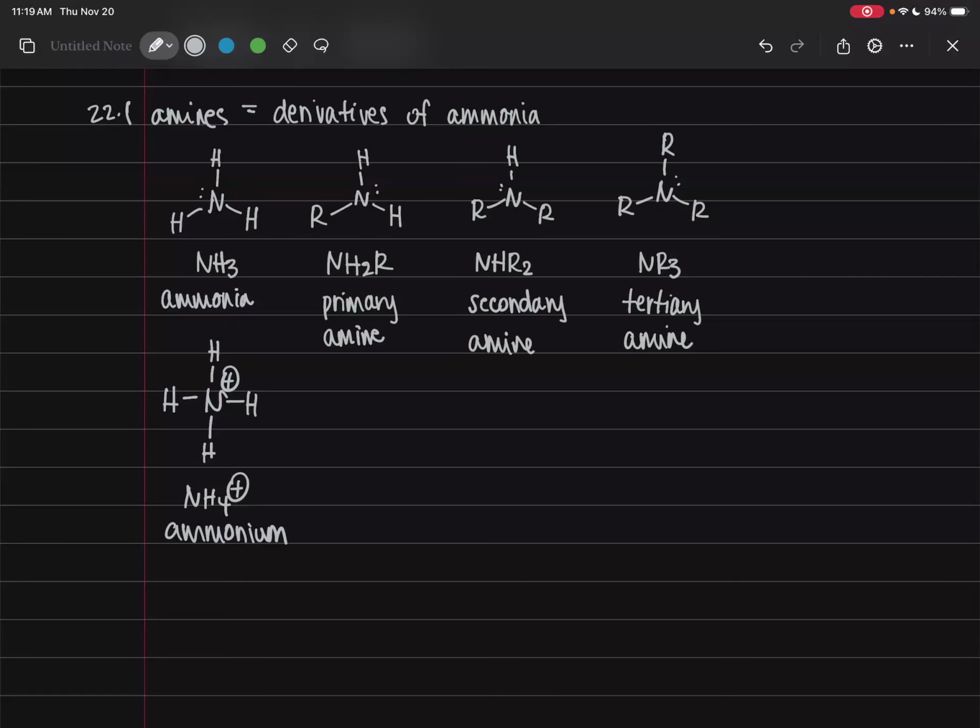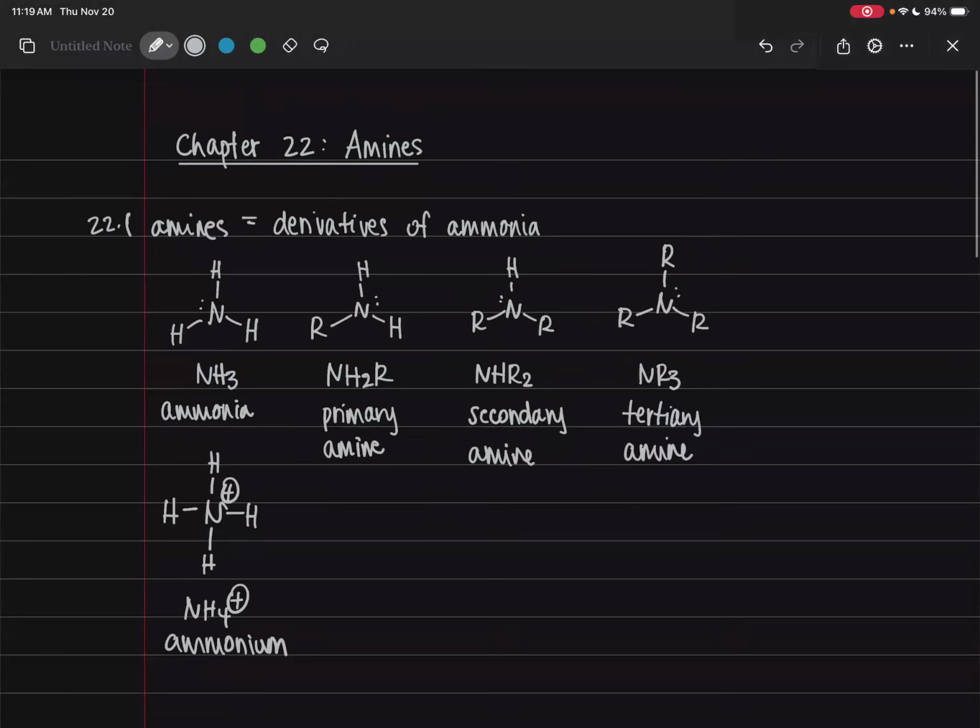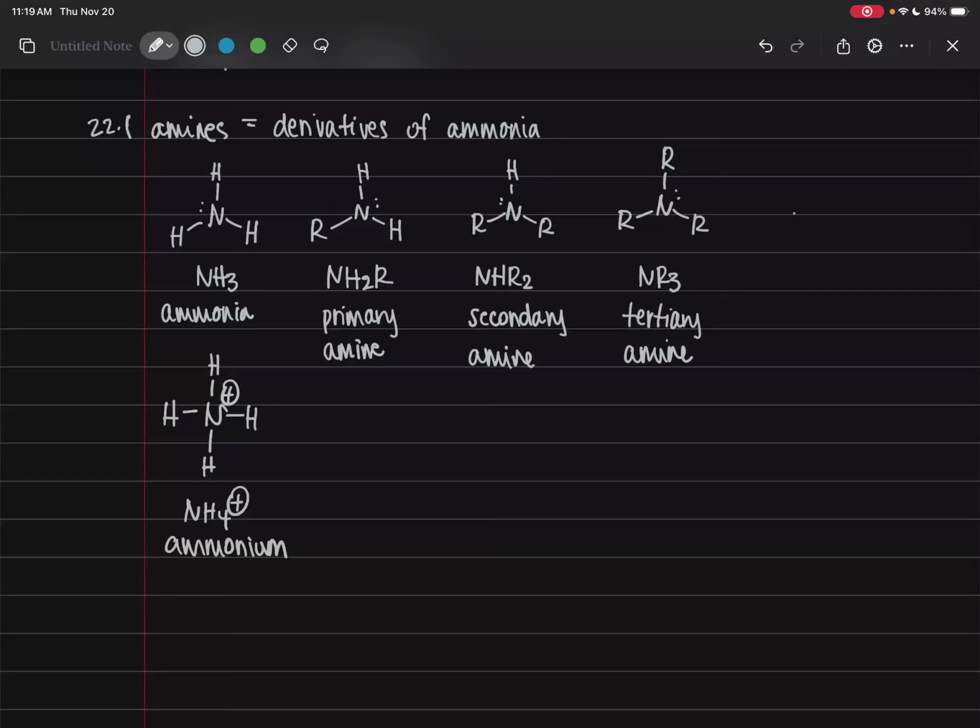We can do the same thing to any of these other amines, but maybe most notably if we add a fourth R group,